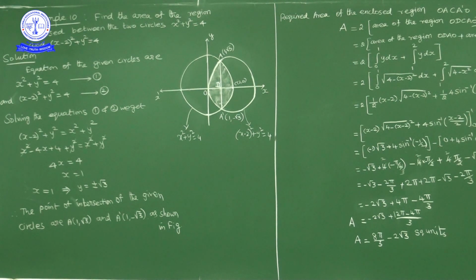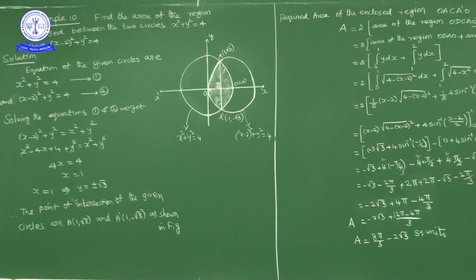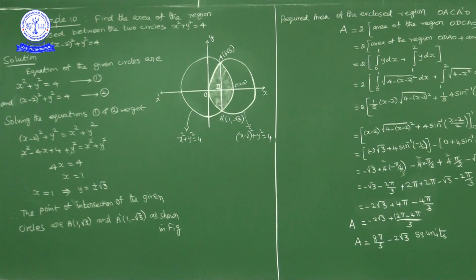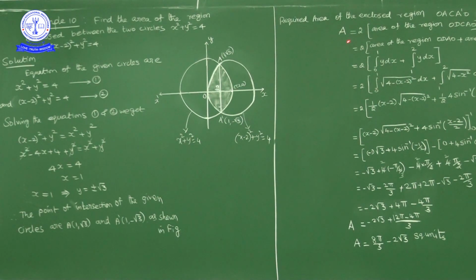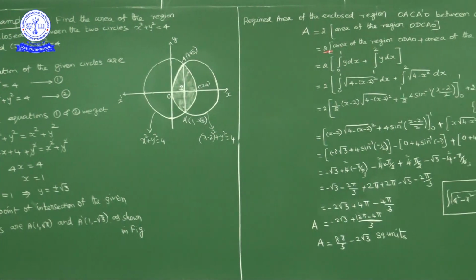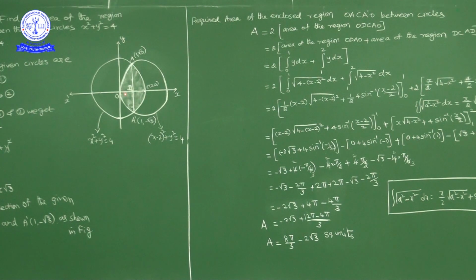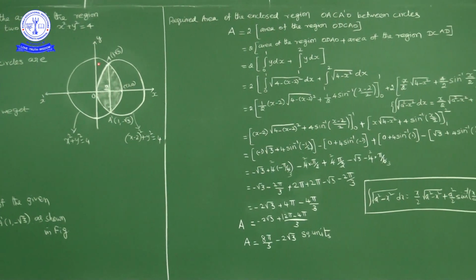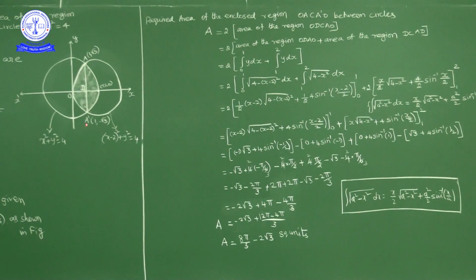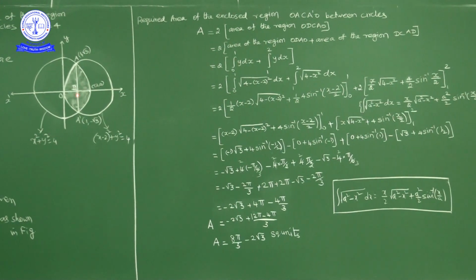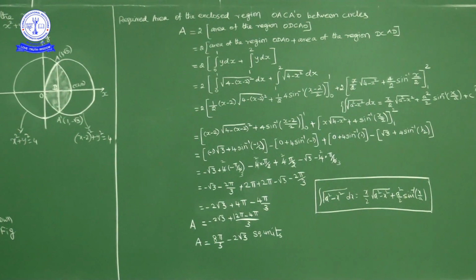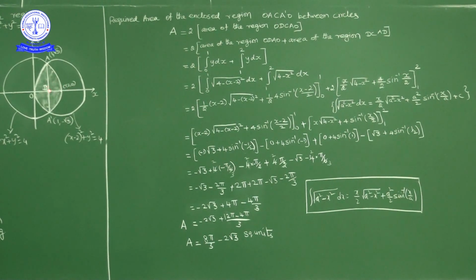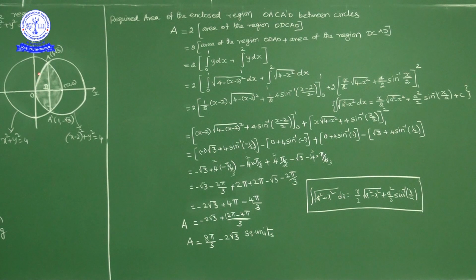So the total shaded region area, that is the area of the region OACA dash O, instead of calculating this entire region, only calculate the above x axis region and multiply by 2. So the required area is equal to 2 times the area of the region ODCAO. Now further, in the above x axis area, if we drop a perpendicular from A, we have point D as (1, 0). So it is 2 times the area of the region ODAO plus the area of the region DCAD. Now the area of the region ODAO is nothing but the area under the circle.